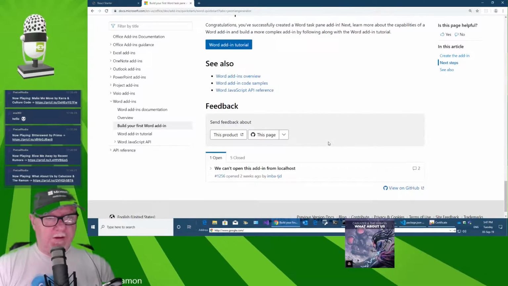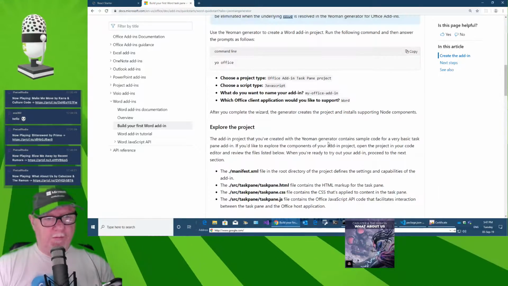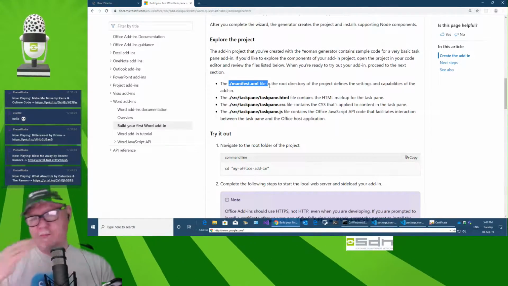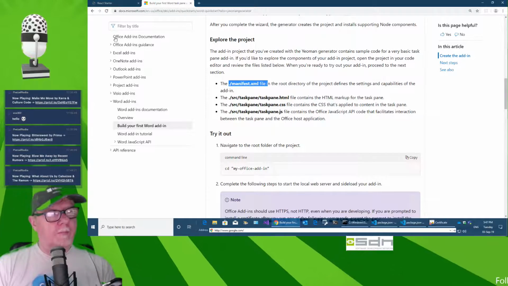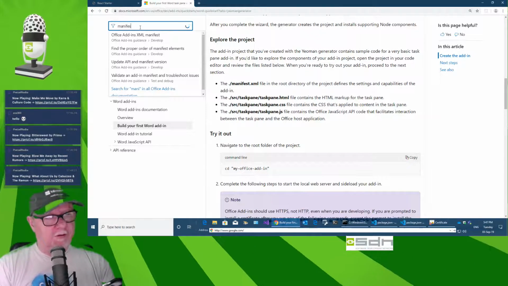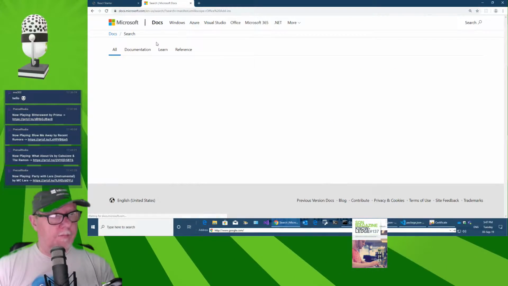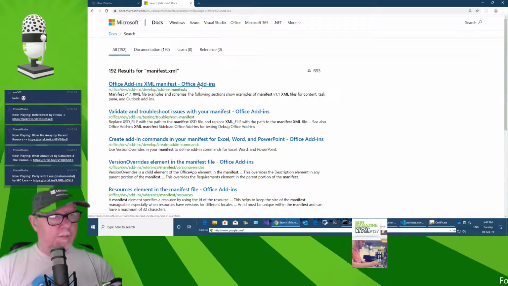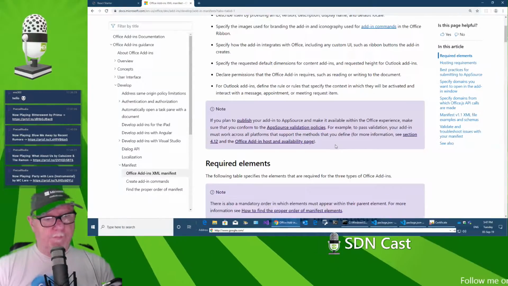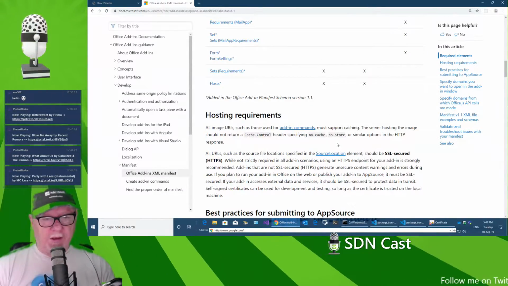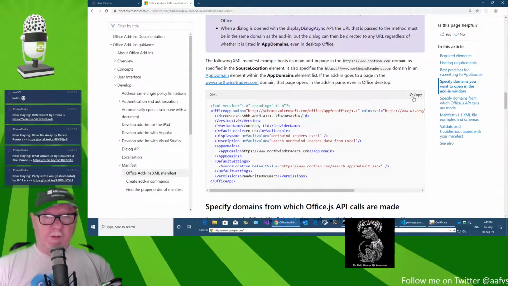And is that creating a default manifest? No, here it creates a new one. But I want to create an empty one. Manifest.xml. That's the same I had just before. Let's copy this